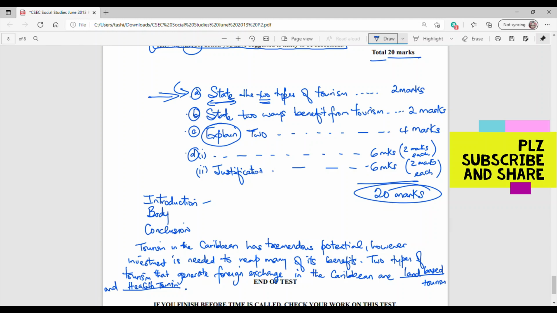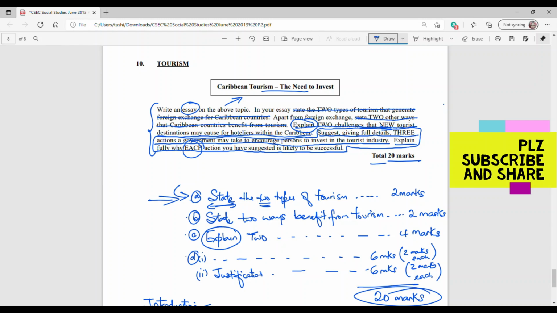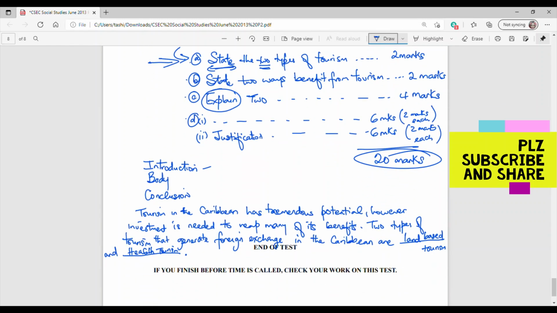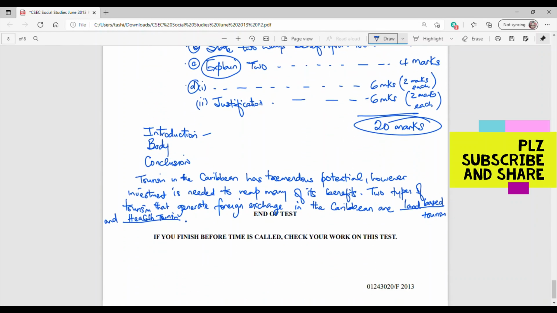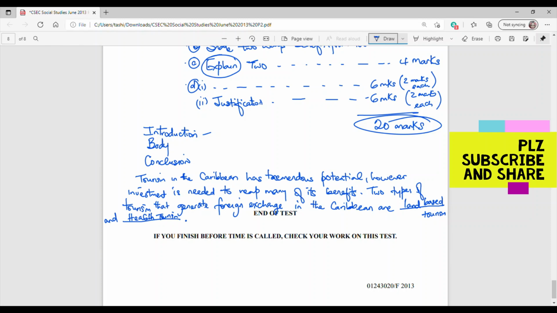Then we have letter B. State two other ways the Caribbean countries benefit from tourism. So we have already identified the fact that the tourism product in the Caribbean provides financial benefits through foreign exchange. So we are now going to mention or state two other ways that Caribbean countries benefit from tourism. So we're not going to just jump in and say two other ways that Caribbean countries benefit from tourism is,